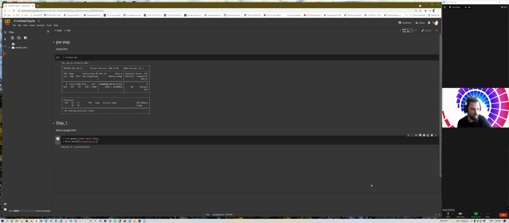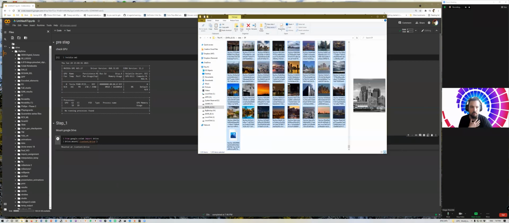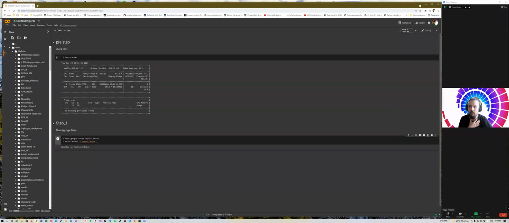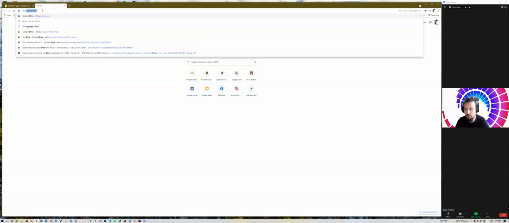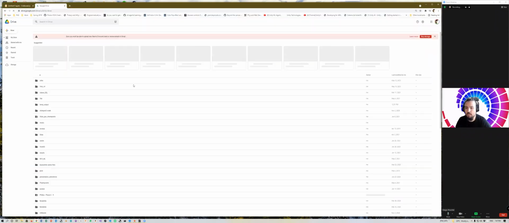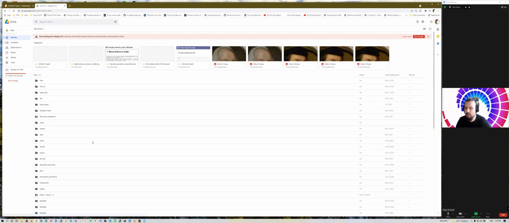And I will show you in a second how to upload your images. So after you mount your drive, you will see the folder here. So what I want to do is just go to my Google Drive. And from my Google Drive, I want to create a folder. I will create a new